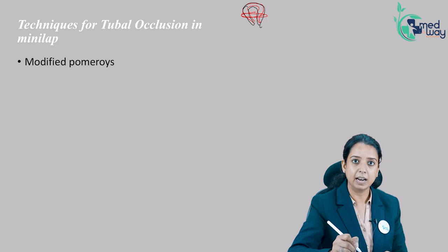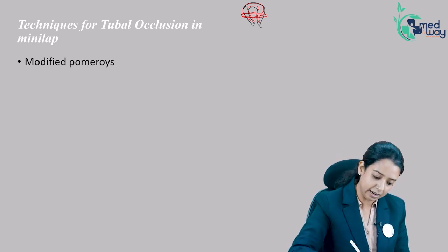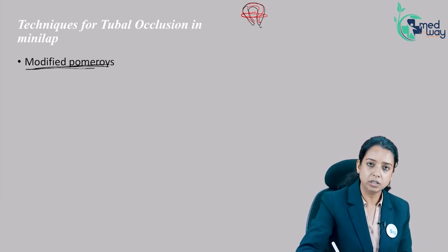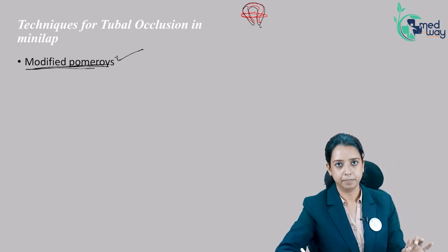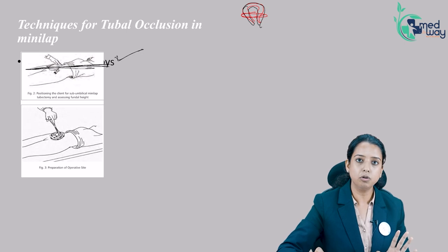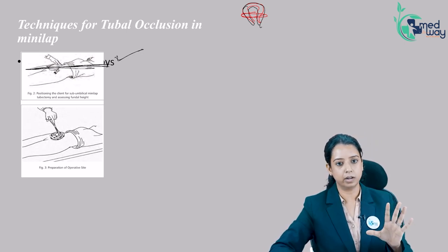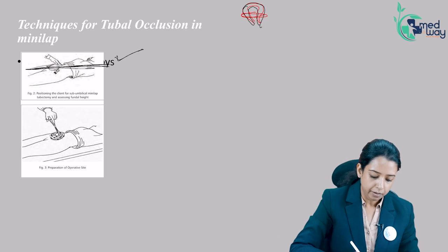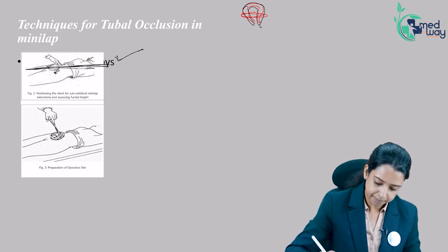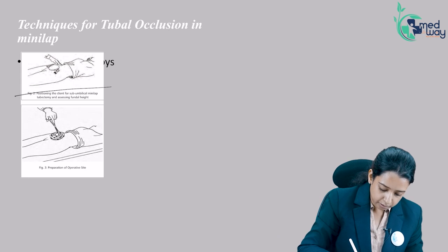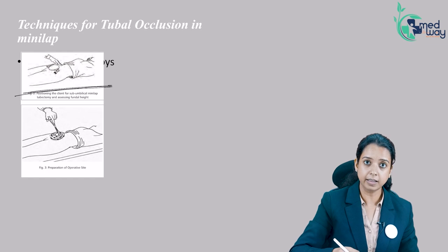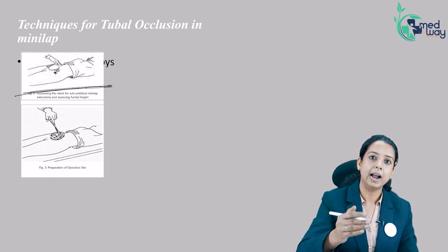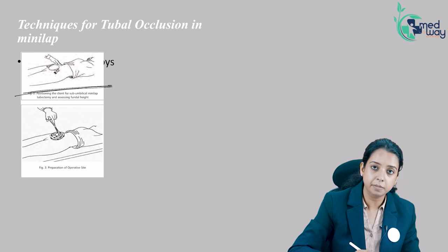So when you are doing mini lap, the most common procedure is again modified Pomeroy's. You can do a few of them. You can take out a loop, crush the base, but the most commonly done is modified Pomeroy's, even in mini lap. How do you do mini lap? It can be very well done under local anesthesia since the incision is small. So when the patient is lying, you palpate the fundus. Immediately after delivery, the fundus is just below the umbilicus, and if it is an interval method, the fundus will be inside the pelvis.